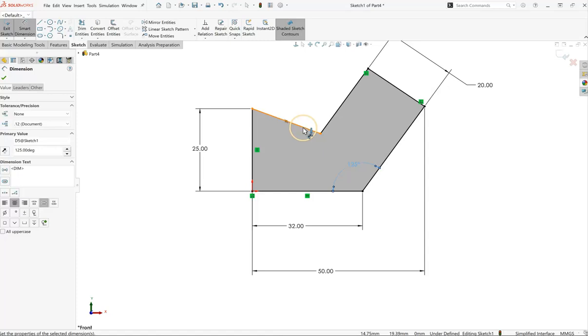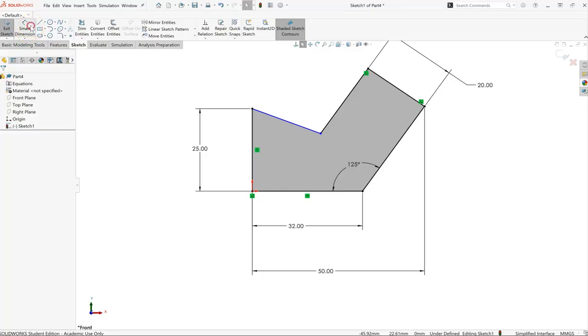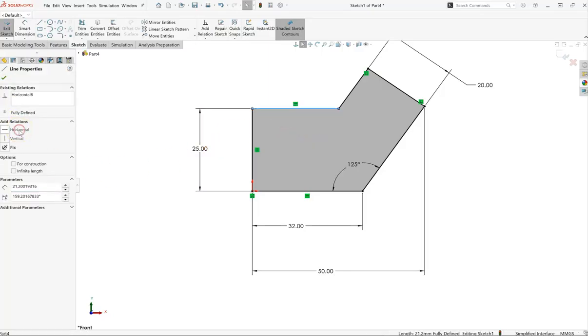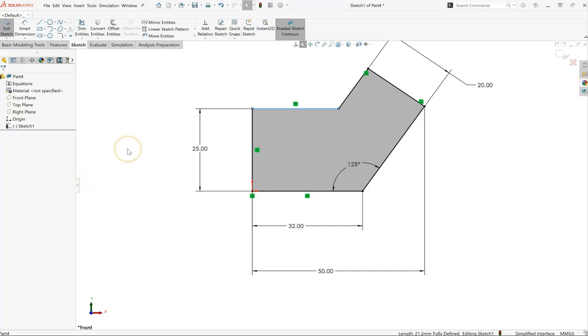So this line still did not come into place where we wanted it, and so what we're going to do is click on this green check just to accept the dimension we put in there. Click Smart Dimension, or I'm sorry, we don't need Smart Dimension. We're going to click on this line, and we're going to add a relation of horizontal. And now that fixed that line, and it also brought that length to fit that as well. And so now if I click here, all my lines are black,